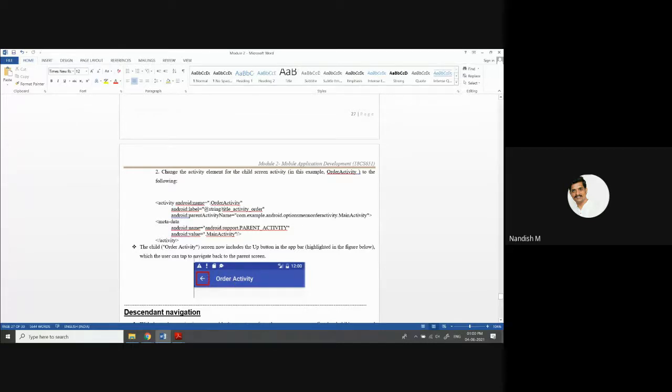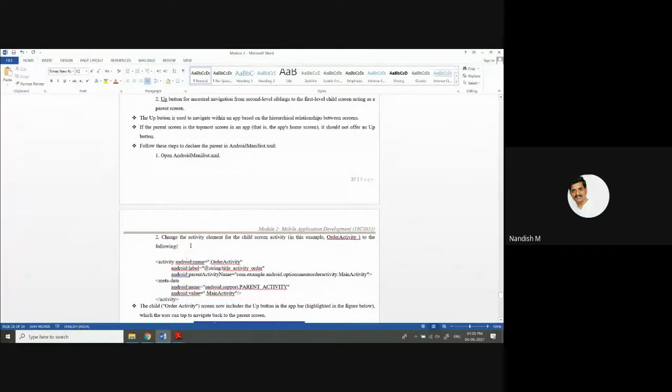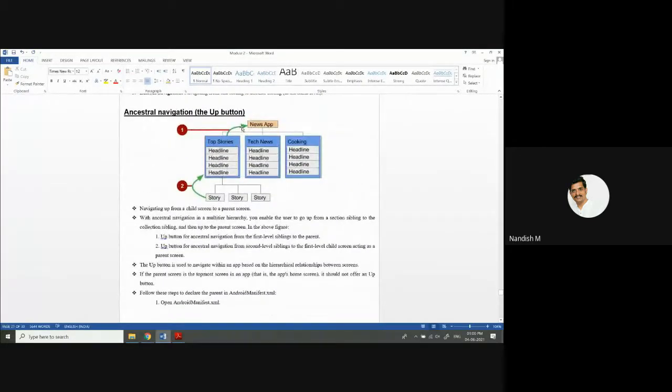From a child screen, once again you will move on to the parent screen. Okay. See, this is what this one indicates. This is a navigation from a parent, first level siblings to the parent. This two indicates up button, ancestral navigation from second level siblings to the first level siblings, but it is